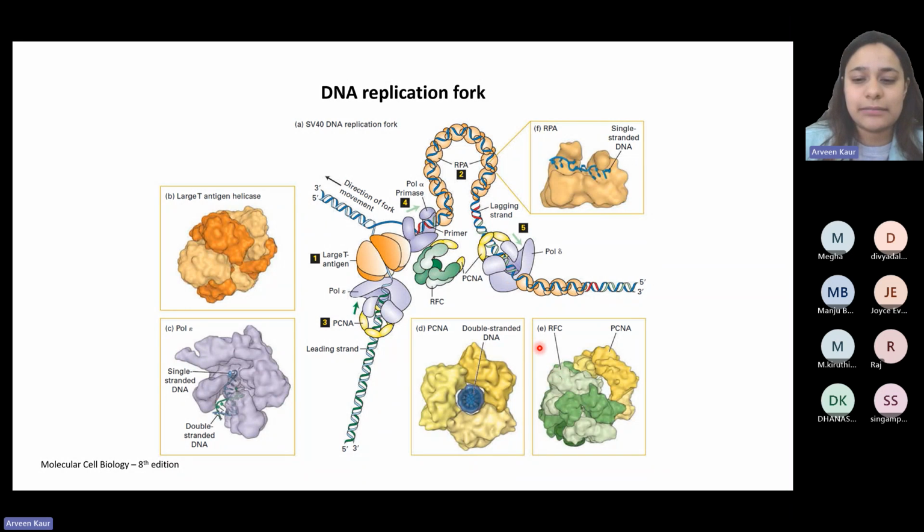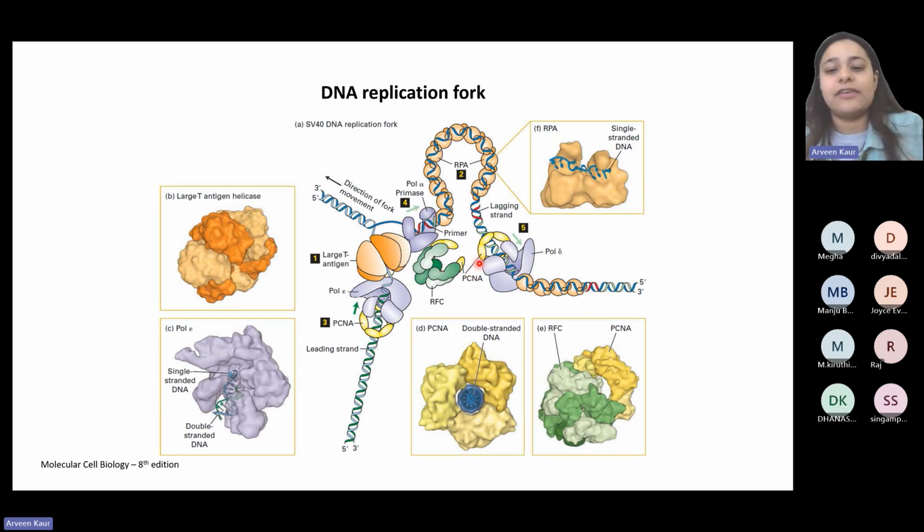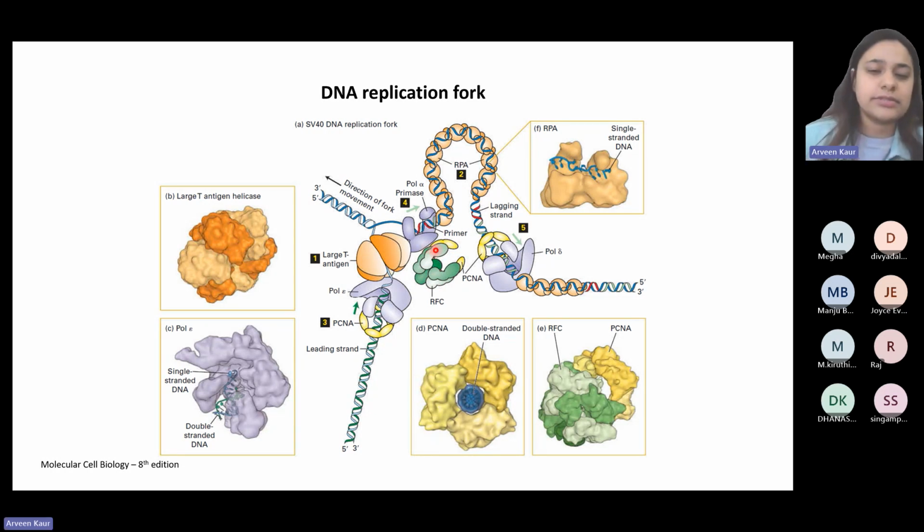Apart from this, one segment that we did not discuss was this RFC PCNA. Since PCNA is the clamp, RFC over here is a clamp loader, right? You can see that when RFC is present, PCNA is not completely circular, right? So it is still open so that it can go and sit on that DNA where it has to remain. Right, after it sits properly, it will close this particular structure also, and the clamp loader will then go away because loading of the clamp has been done. Right, so this was just a recollection of what we have already studied during this week.